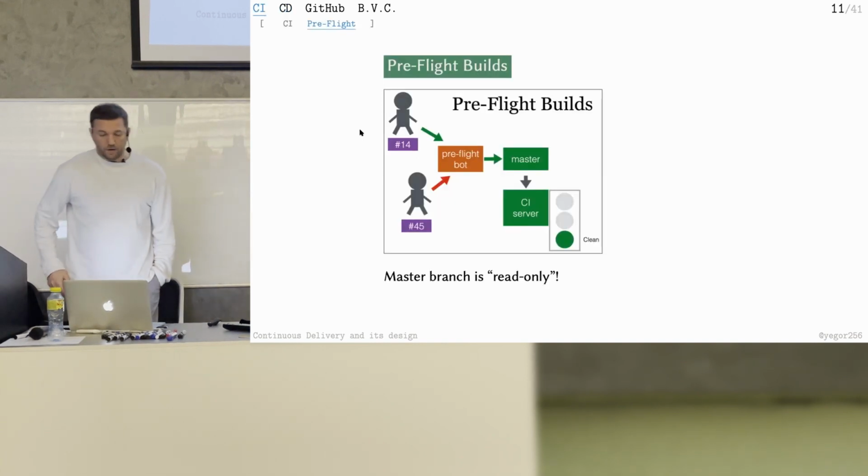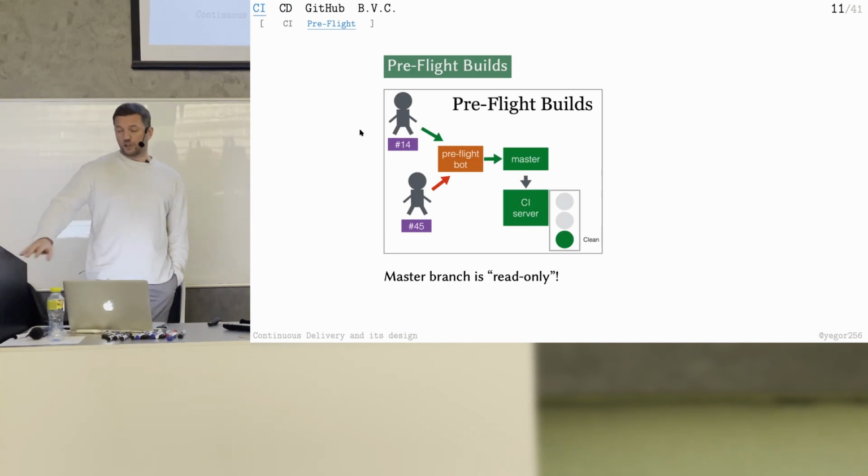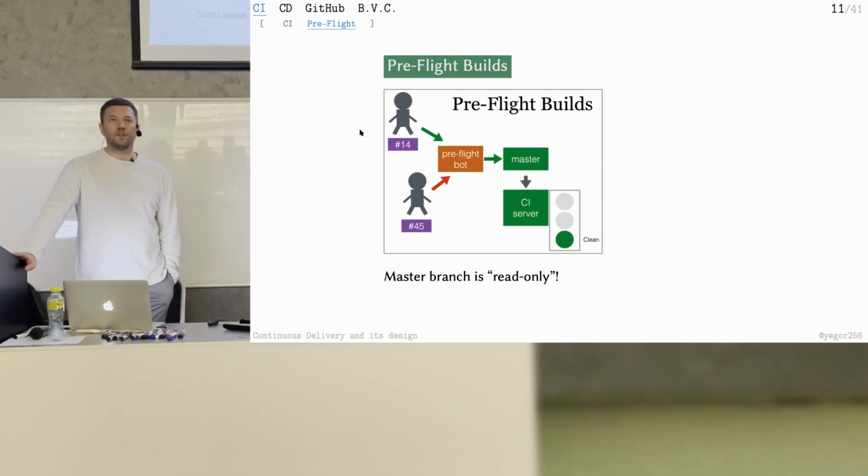So the bottom line is that we need to make the master branch read-only, which, actually, I'm very surprised. When I was giving a presentation about this idea, I think the first one was in San Francisco at a meetup for DevOps, in 2016, I believe, so about 5 years ago. And all people in the room, when I was saying that the master branch has to be read-only, so you should not be able to push to the master branch, were just looking at me in a very surprised way.